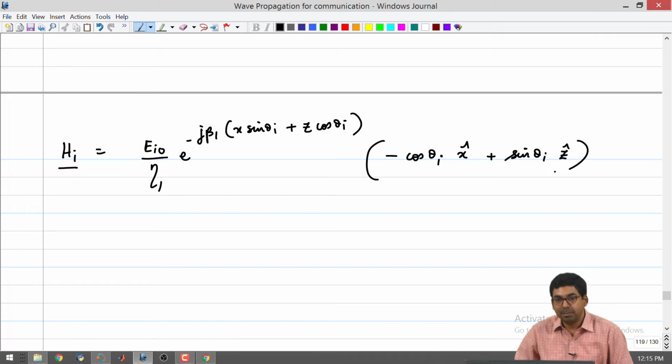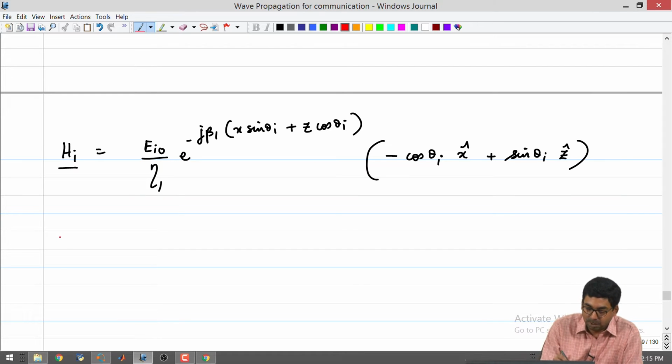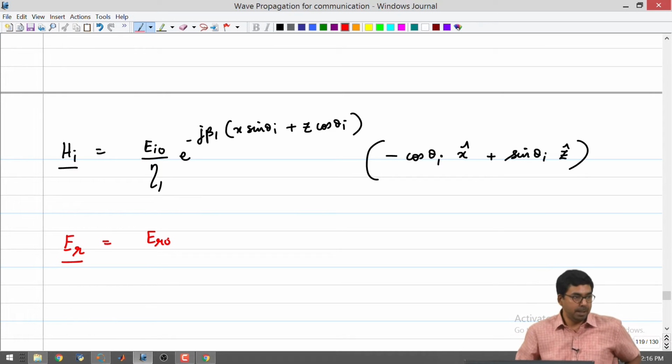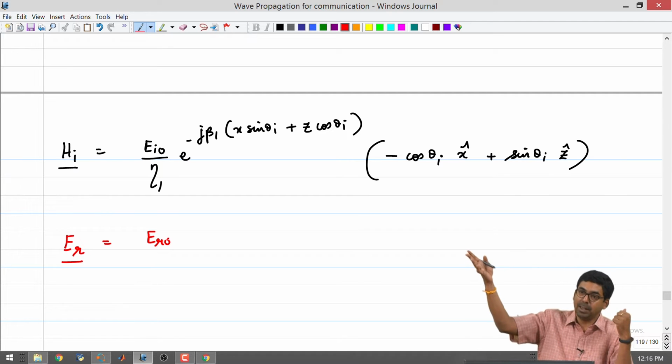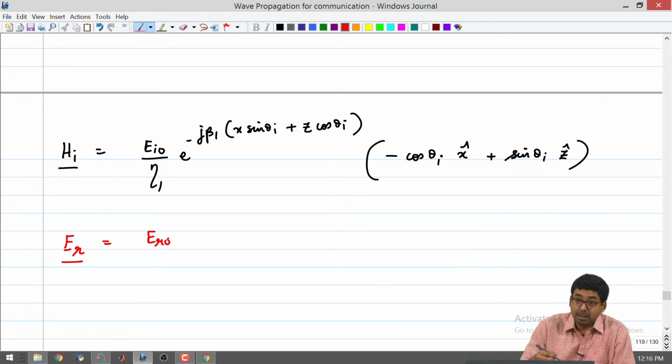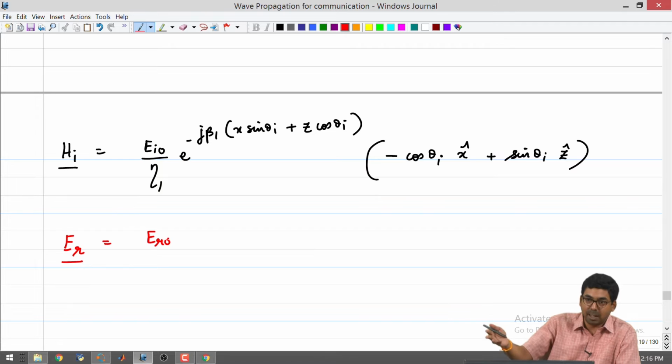I do not have any transmitted fields, the only thing now I have to worry about is reflected fields. Okay. So, I will go ahead and write down the expression for the reflected electric field. Let us say that we do not know much about it. So, we are just going to say that it has a magnitude of E_R0. Okay. Ultimately, you will get the reflection coefficient, etc. You can figure out what E_R0 is with respect to E_I0. As of now, we are just using the same method that we used for the dielectric interface. Okay. Maybe the reflection coefficient is equal to 1 and E_R0 is equal to E_I0, maybe it is equal to minus 1 times, but we are going to figure that out.